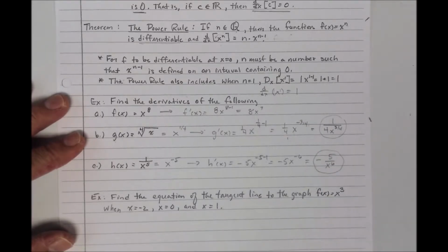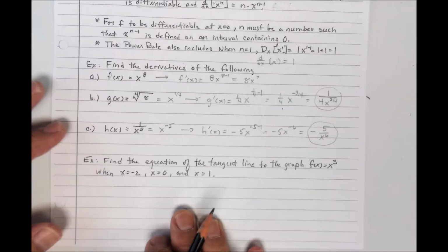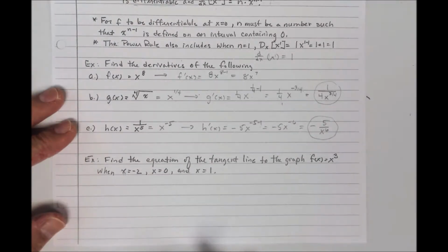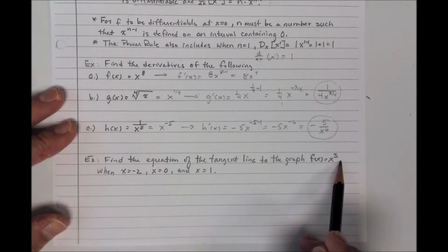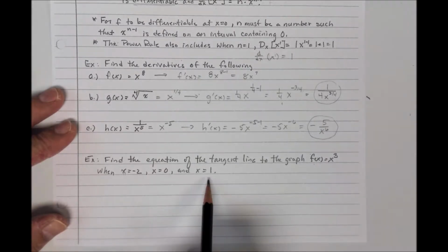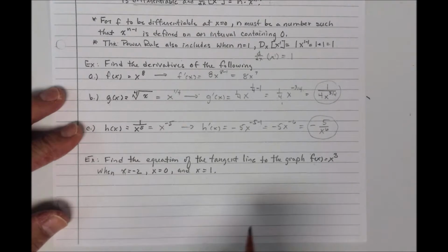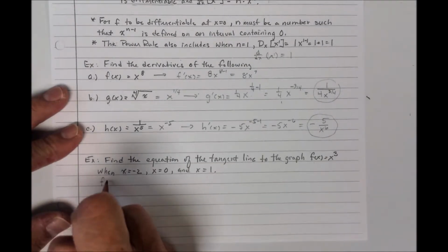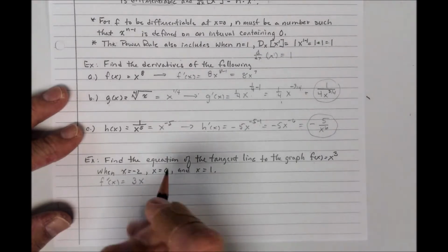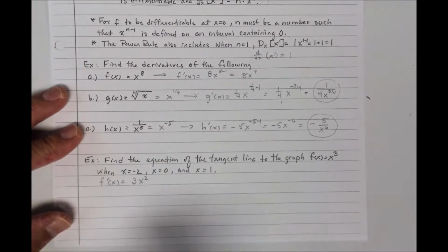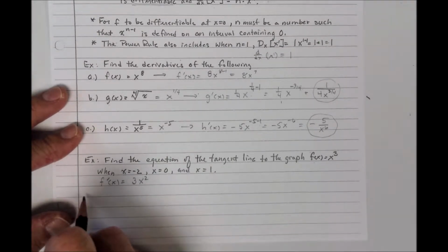Okay. And now an application problem: find the equation of the tangent line to the graph of f of x equals x cubed when x is -2, when x is 0, and when x is 1. Well, let's find the derivative first. F prime of x would be 3x to the 3 minus 1, to the second power. This tells me that the slope